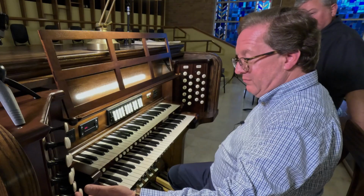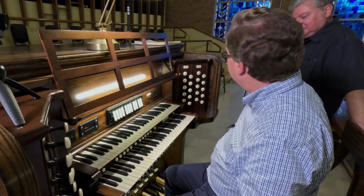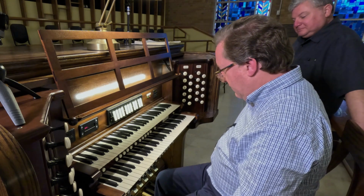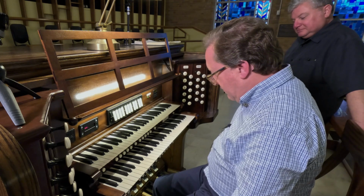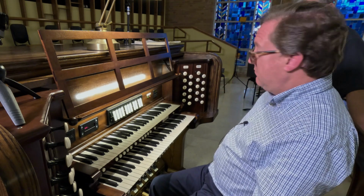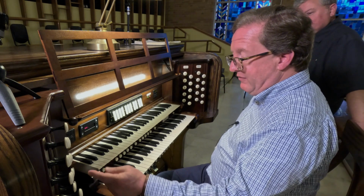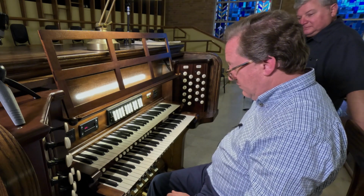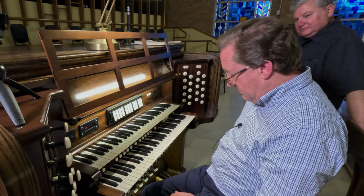And then it's all undergirded by a nice healthy 16-foot board. And again, we have that 16 available from the swell. And again, everything is under expression, so you can close that down and get it as soft as you need. Absolutely. Excellent, wonderful. Well, and then viewers will probably notice that there's one more division over here, but that is